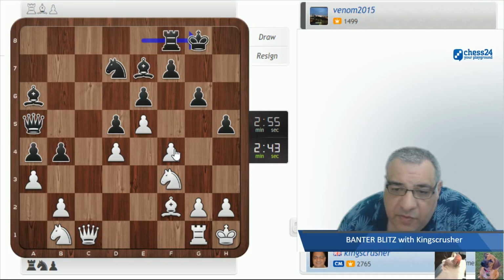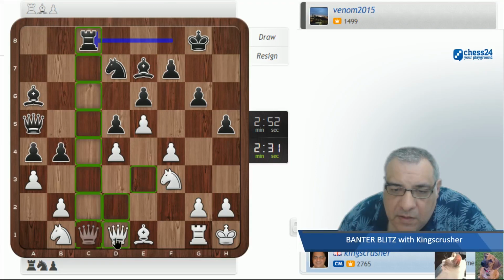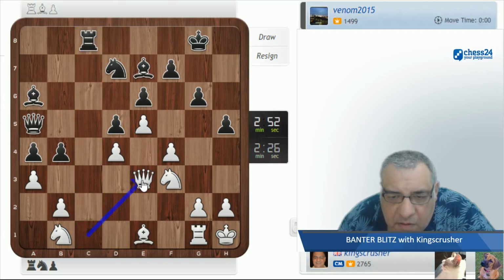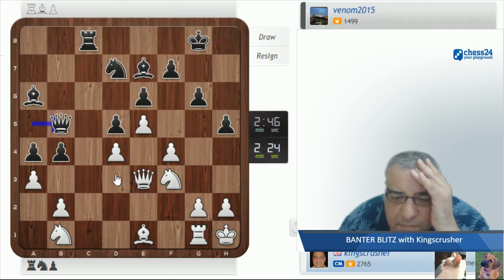Alright, f5 here for queen h6 might be dangerous. Let's see, where does this... I don't really want that queen on b4. How about bishop e1 for a moment? Alright. Keeping the queen around for f5, is that useful? If I take for knight c3,